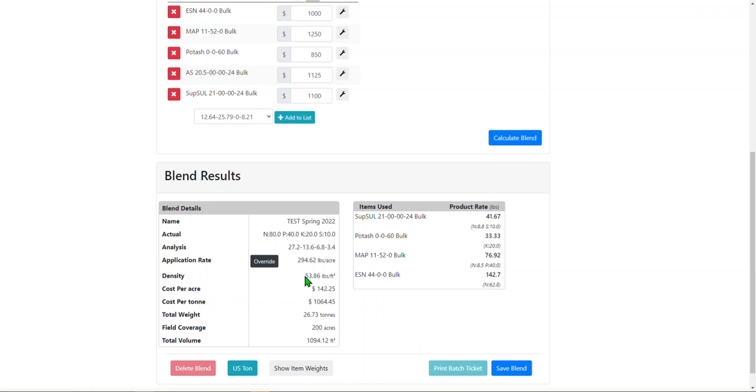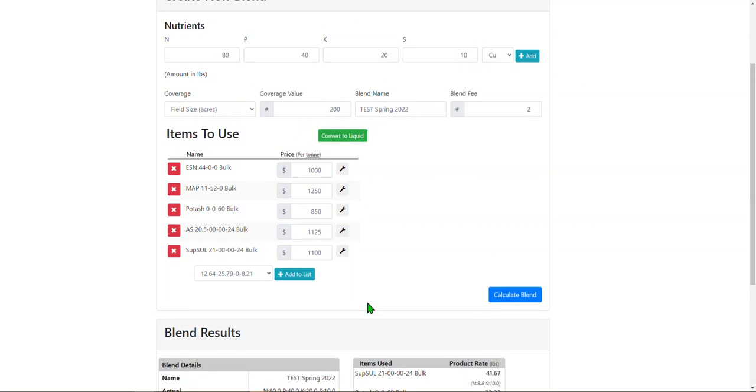Based on the density that we see here, we can also see our cost per acre for production of this blend, cost per ton, total weight in tons that Compass is recommending to cover that 200 acres, and the total volume that could be created. Before we go too much further here, let's scroll back up,